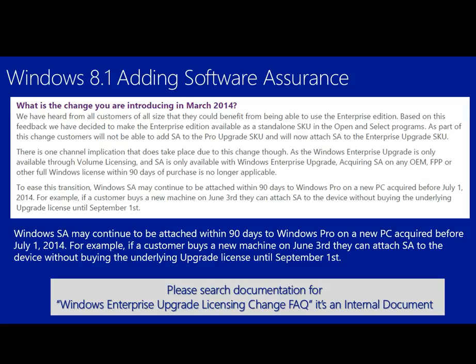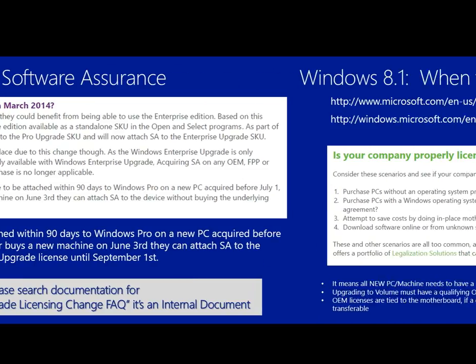For example, if a customer buys a new machine on June 3rd, they can attach software assurance to the device without buying the underlying upgrade license until September 1st. So that's the documentation. So after July 1, you cannot add software assurance anymore. So that's the documentation. Next one is